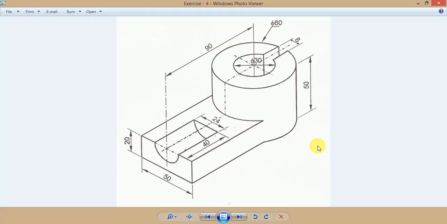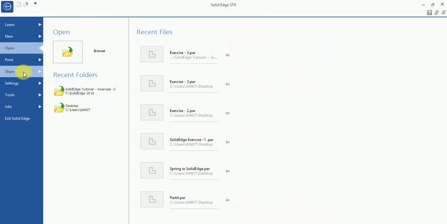In this video we learn how to do this exercise. Now before making a CAD model of these drawings, we study these drawings. First of all we start from this circle which has a 60 mm diameter and 50 mm height. Now open the SolidEdge